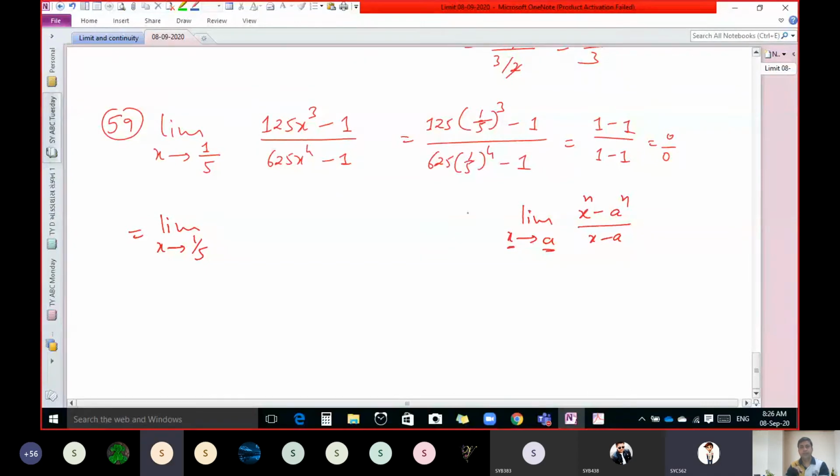Sir, we can divide both numerator and denominator by 5x minus 1. Okay, once again, please tell me once again. Sir, we can divide by 5x minus 1 in both numerator and denominator. No, you can do that thing, but there is no result like that. Here we require x, so that should be x. It should not be 5x.